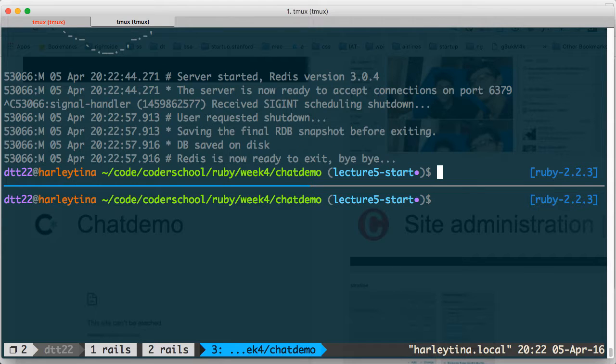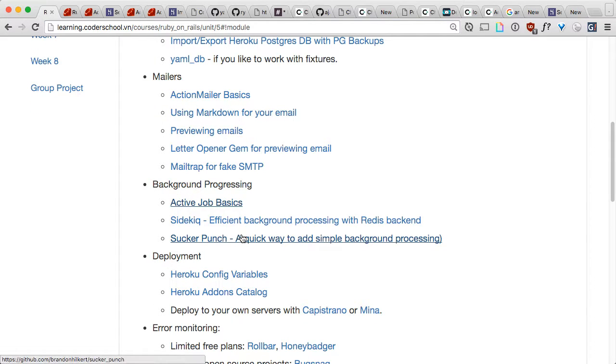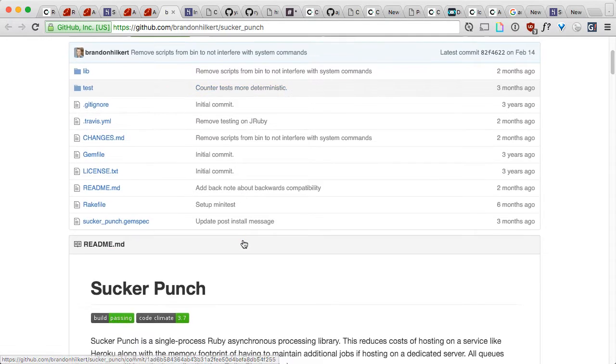But you're like, oh my god, that's a lot of work. Well, here's a simpler one. Sucker Punch. And the cool thing about Sucker Punch is, if you're really lazy, you use something like Sucker Punch. What happens? When you need to do background processing, Rails just creates a new thread and does it concurrently. So your main thread still goes back to your UI and returns you the thing,